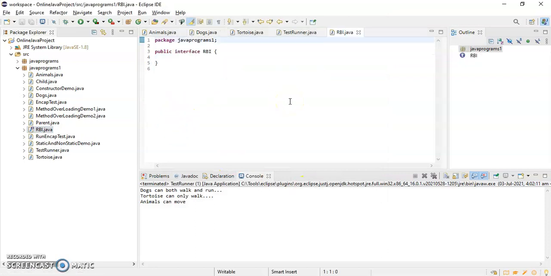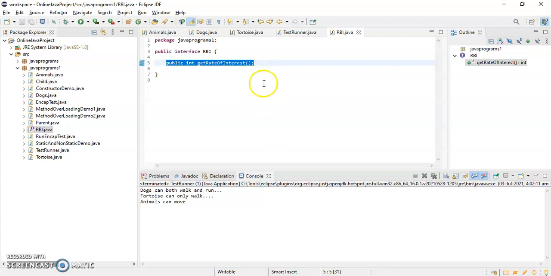So this is my interface now, and here I will create one abstract method. I'll just write here public int get rate of interest. So this is one unimplemented method, right? Because I have only declared this method.